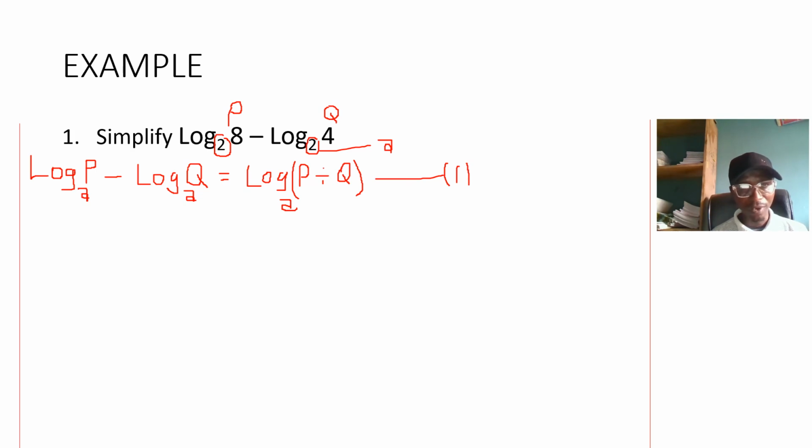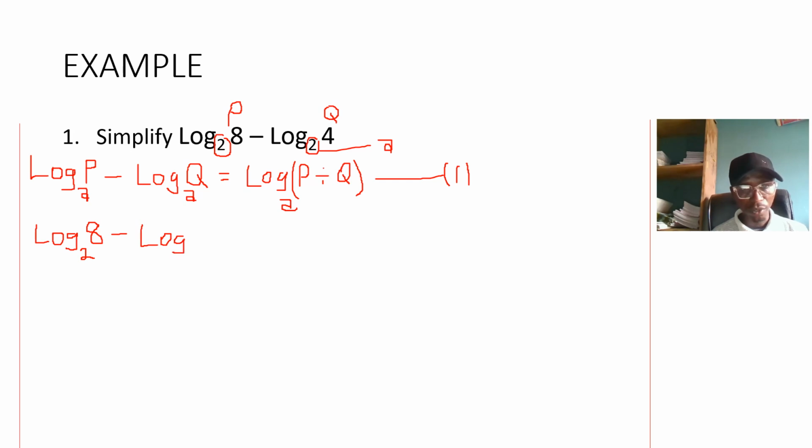If you substitute the values into the equation, that implies that we have log, don't forget our p in the question is 8, that will be log 8 base 2 minus log